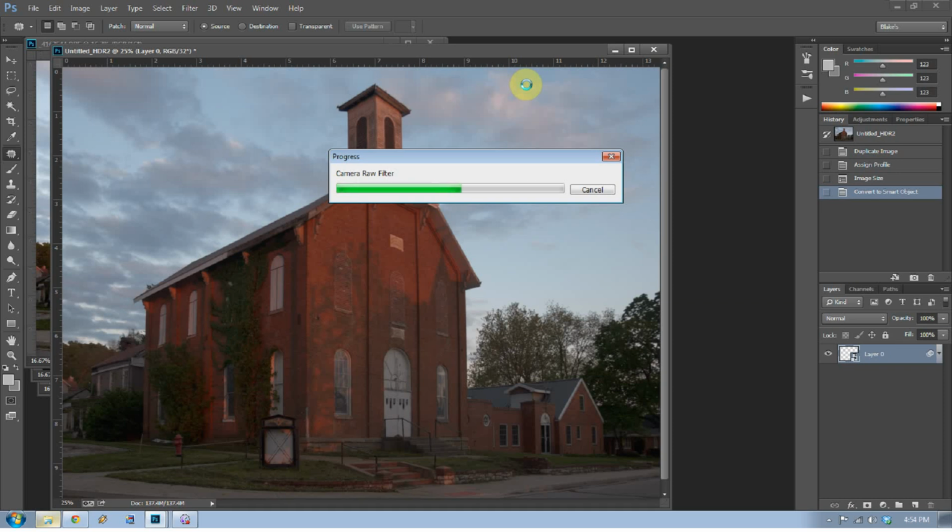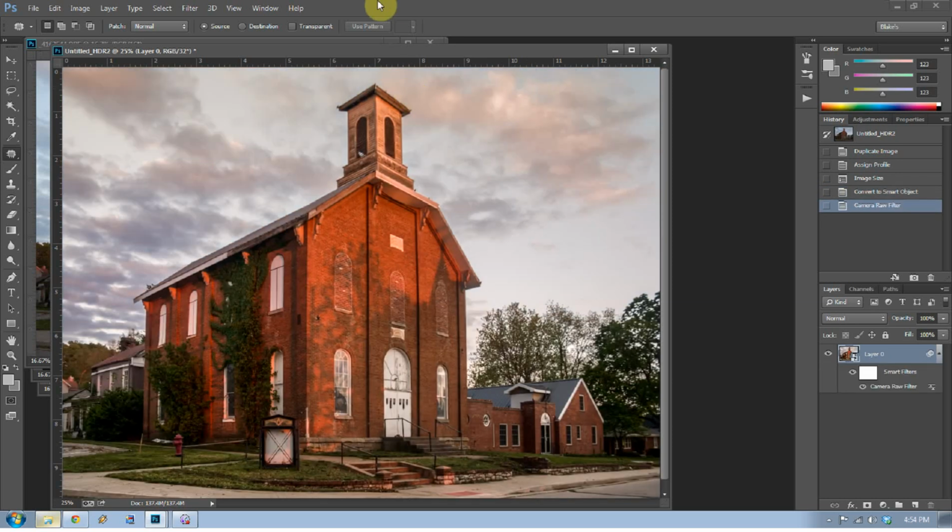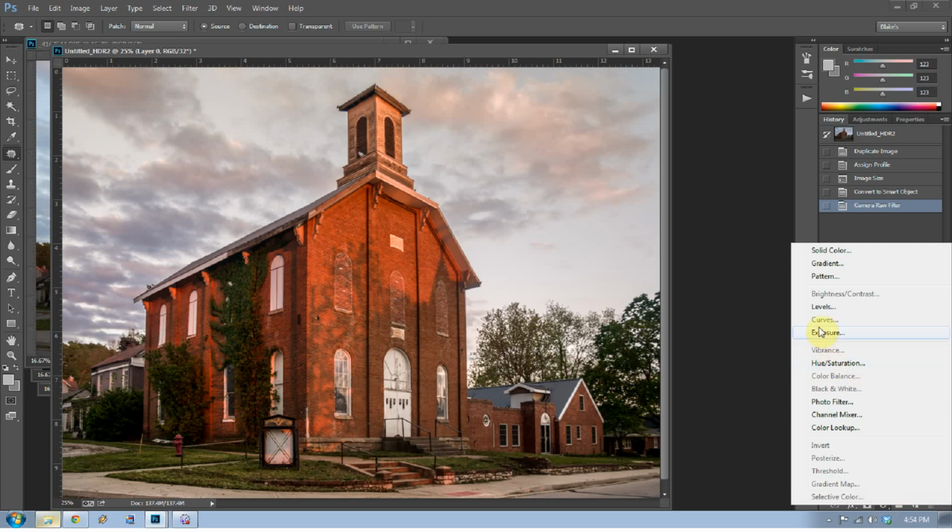I still like to do my curves adjustment in Photoshop. I feel like I have a lot more control over my curves adjustments in Photoshop because I can adjust the opacity. I can change it to luminosity. That's stuff you can't do in Adobe Camera Raw. So I'm going to go ahead and add a...